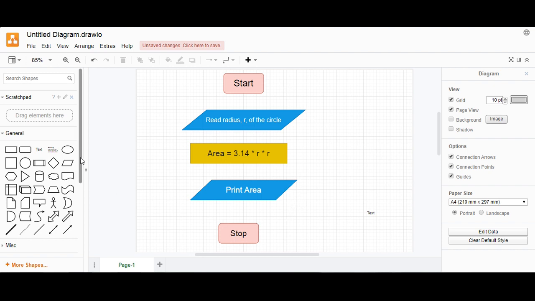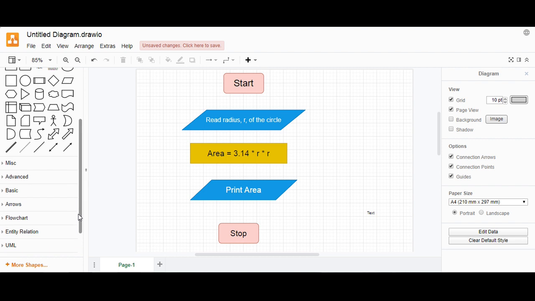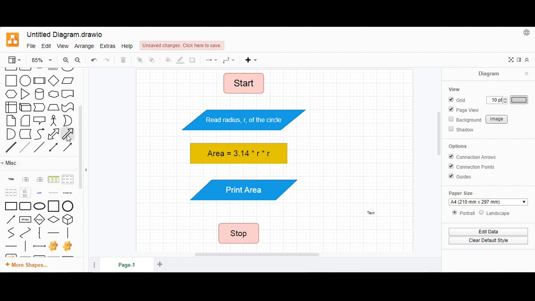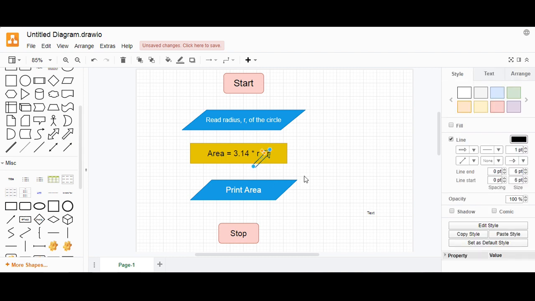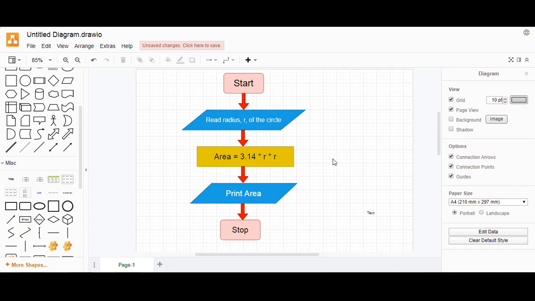So select arrows. So in this way, you can create a simple flowchart.